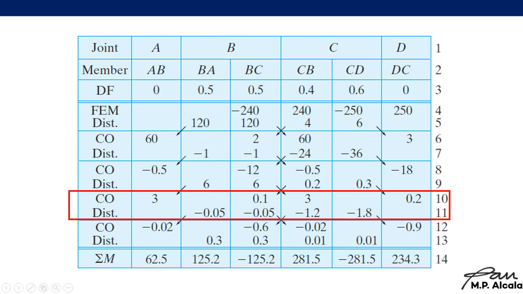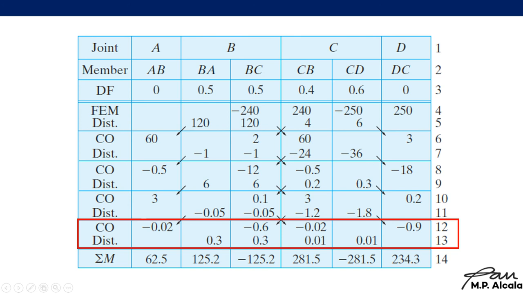Then how about this one? What shall be added to 3 to become 0? Of course, it should be negative 3. So negative 3, what will be the partition for row 11? That will be negative 3 multiplied by 0.6, giving you negative 1.8. And then negative 3 multiplied by 0.4 will give you negative 1.2. And then, for row carry over again, that will be negative 0.05 divided by 2 will give you negative 0.025 supposedly, but it is